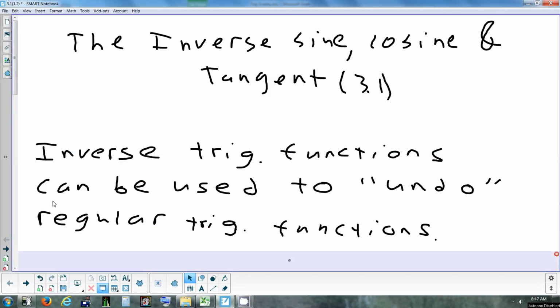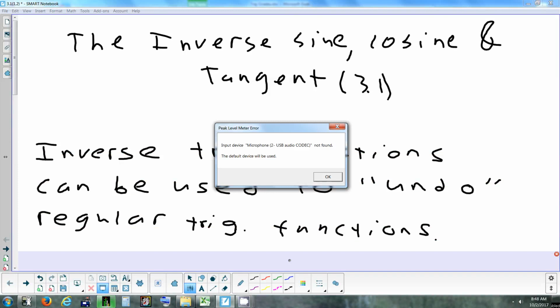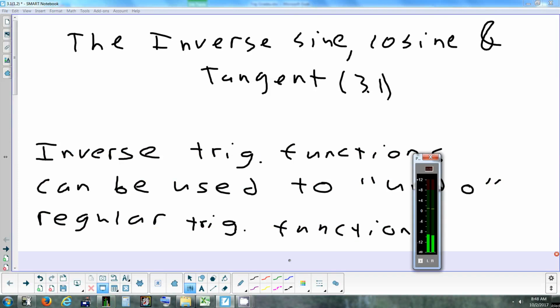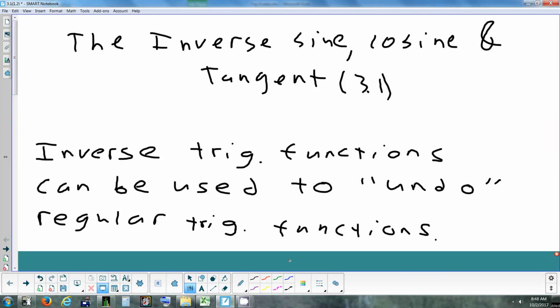Right, so basically, inverse trig can be used to undo something. Okay? It's used to kind of go backwards. It's kind of like if you had a number and you squared it. What's the opposite of squaring a number? Square root. Okay, so those two things are opposites. Same thing if you add 6 to a number, the opposite is subtract 6. So for most operations in math, there's an option that you can undo or go back to what you started